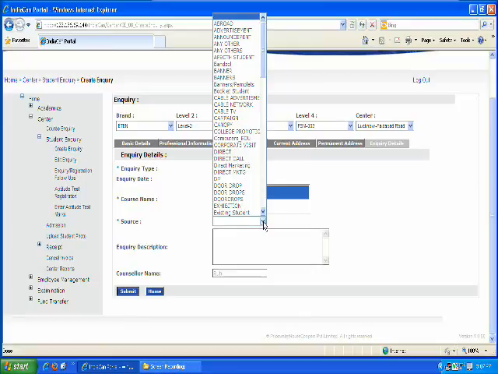Now we'll select a source, which says how the student came to know about us. I'll select advertisement.